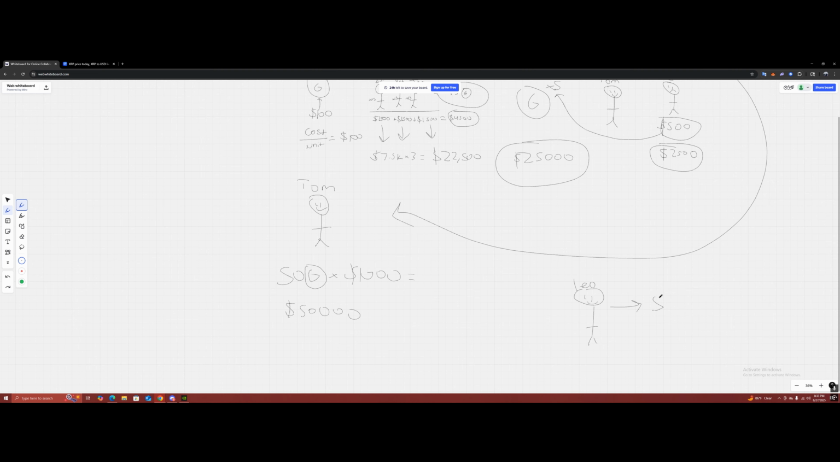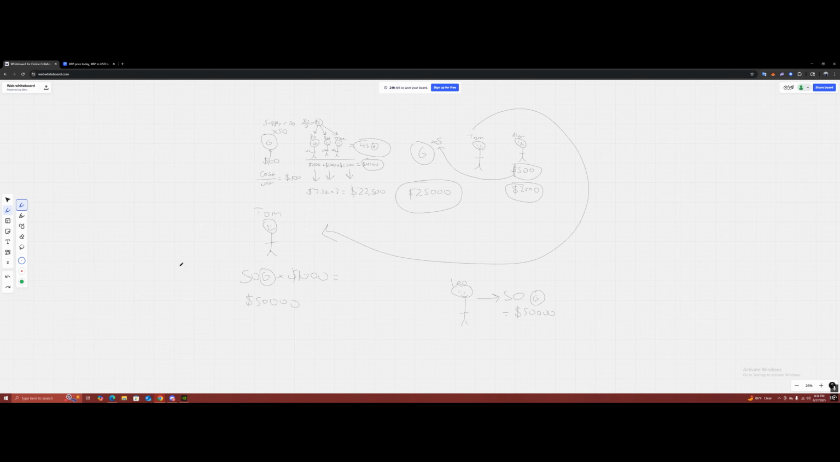So Leo has 50 G coin as well, which is equal to another $50,000. So while Tom over here is ecstatic that he owns all the G coin ever, or he holds most of the G coin,